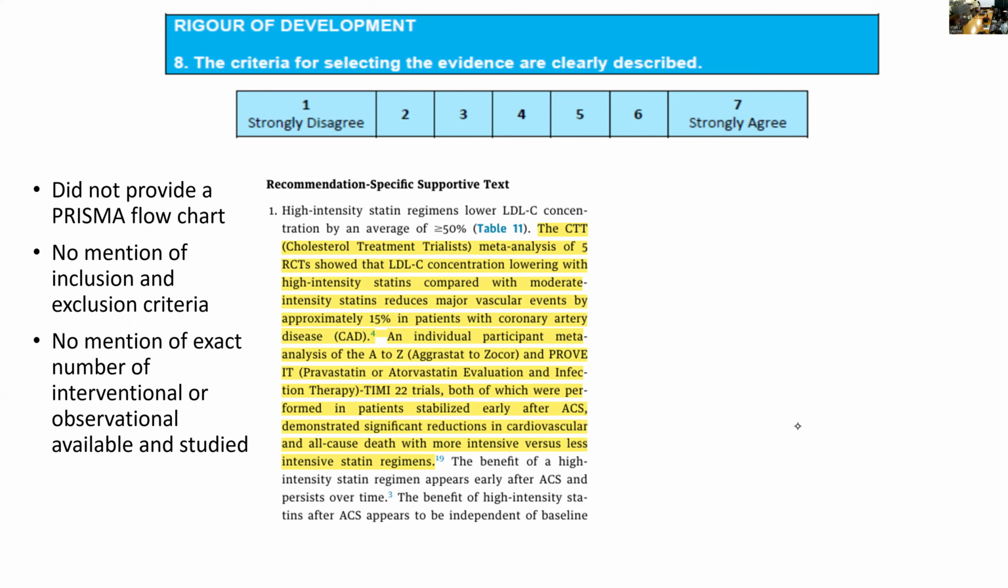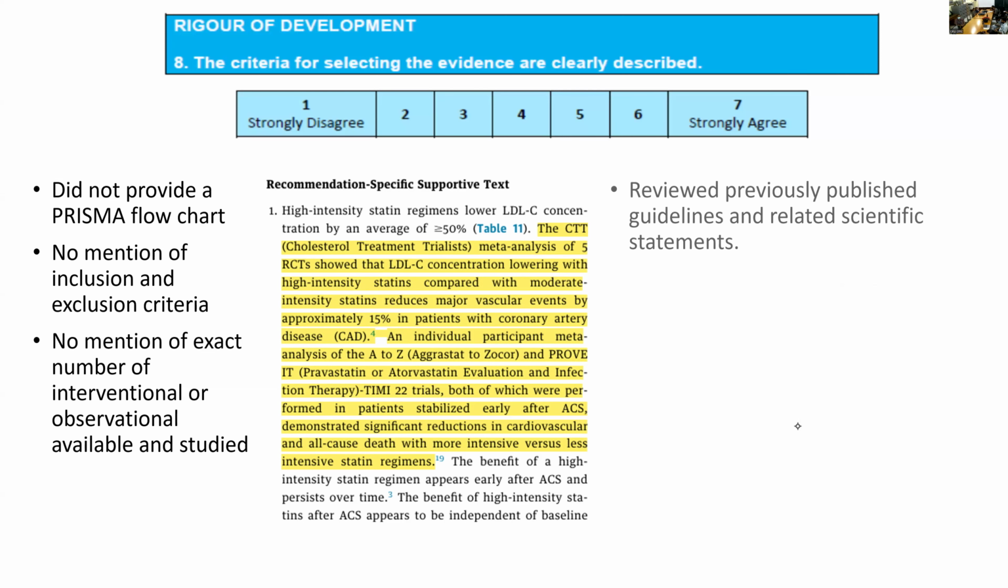So I would have expected them to give me the inclusion criteria, exclusion criteria, number of patients, and the outcome with the confidence interval and the grade. That would have been the most ideal way to present data. But anyways,